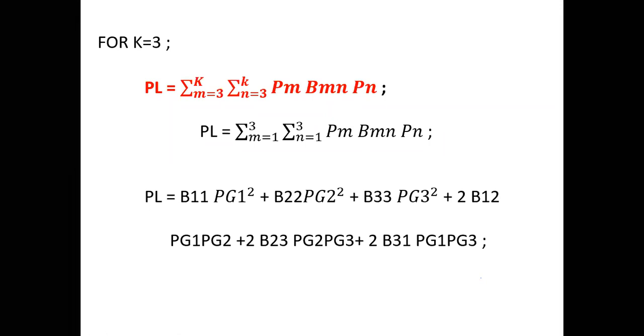So this is nothing but the derivation of the loss coefficients. This derivation is very easy. The fundamental point is that we need to find the power loss. The basic formula for the power loss is 3 I square R. Here we need to find I. So how can we find I when we are considering 2 different sources? By using the superposition theorem. First, find the current in the transmission line by operating only one source. Similarly, find the current by operating the second source. Then just add these 2 currents, and you will get the total current. So this is the derivation of the loss coefficients.